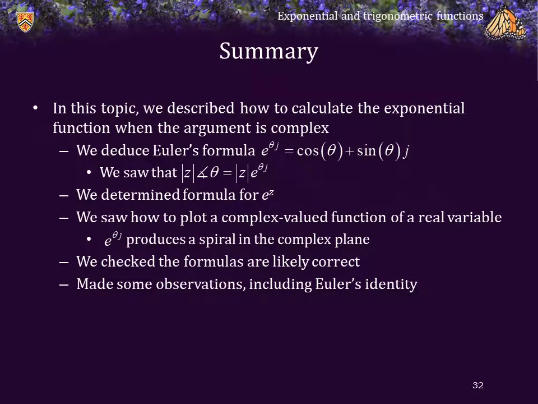To summarize, in this topic we described how to calculate the exponential function when the argument is complex. We first deduced Euler's formula that e to the j theta is equal to cosine of theta